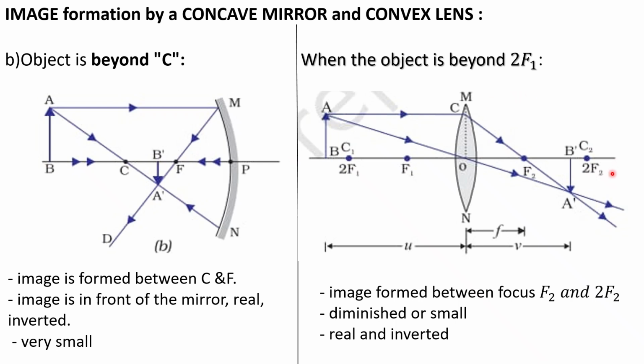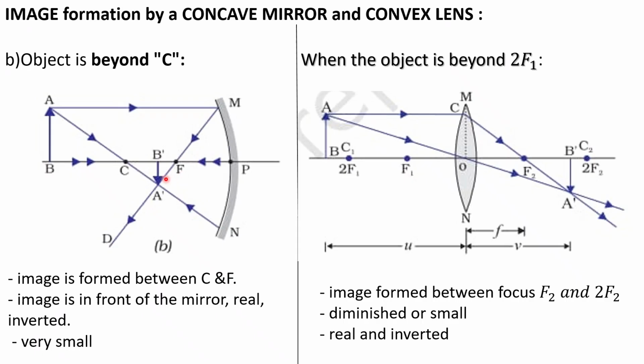Here also it's a real and inverted image, but it is formed on the other side of the lens. The image is small as compared to the object, and here also it's small as compared to the object. So we discussed earlier that when the object is at infinity and beyond C, the image size will be